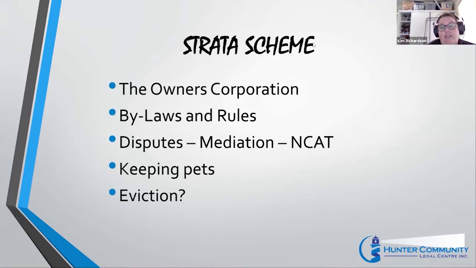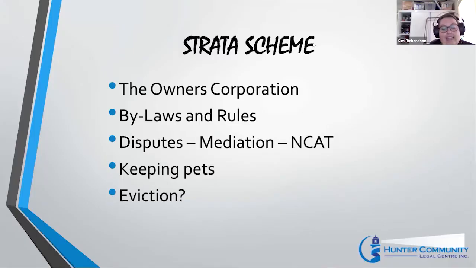You can also try the Community Justice Centre, where mediation is also free. An attempt at mediation is required before some disputes can go to NCAT. If mediation is not successful, that's where the next step would be to make an application to NCAT. NCAT can hear certain applications by tenants against the Owners Corporation or also other occupants of the strata scheme. There is a fee involved in making the application, and it's $101, although if you're a full-time student or a pensioner, the cost is only $25.